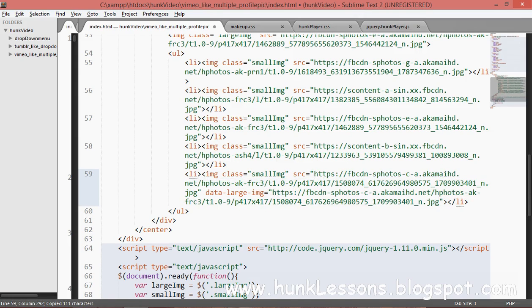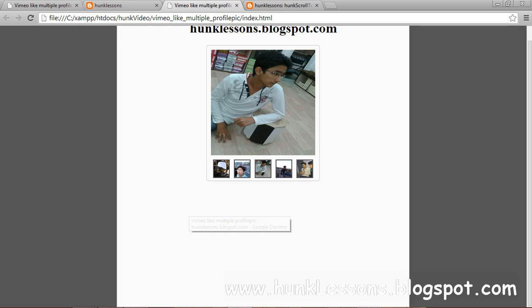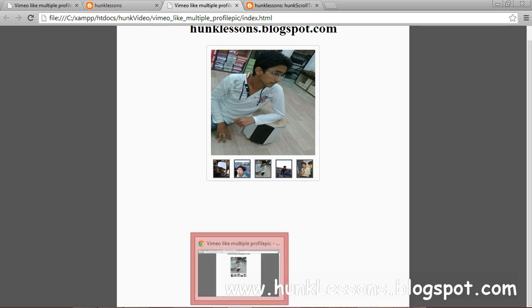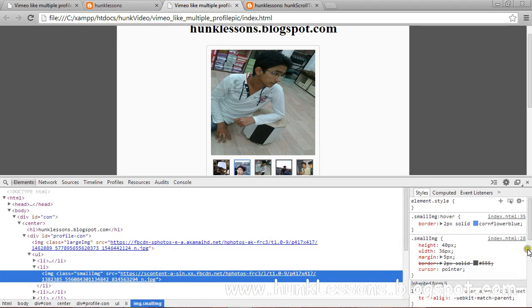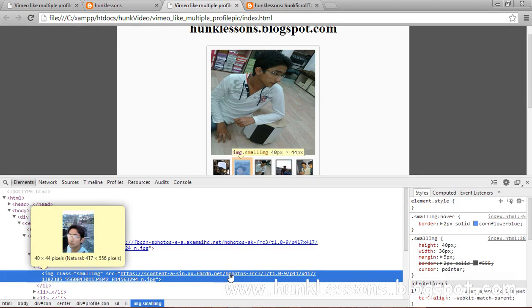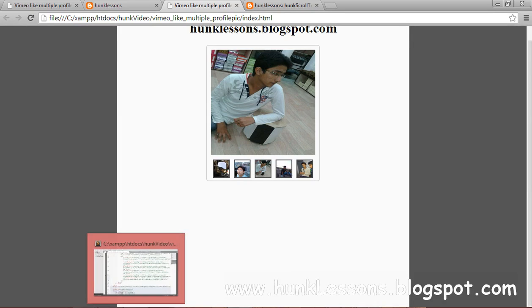I am doing it for demo purposes, but when you use it in a real website, it's a headache to load a big image, whose real size is 400 by 500 pixels, and loading it at 40 by 44 pixels. That wastes the net a lot.